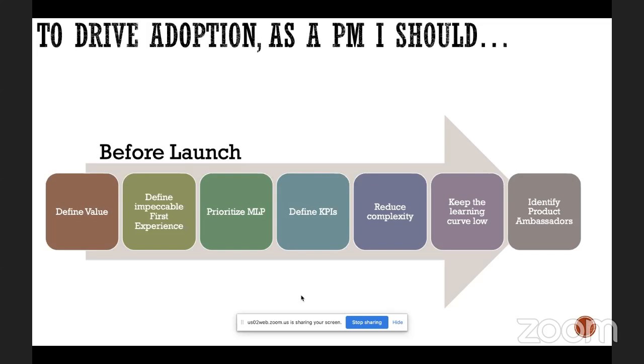Identify product ambassadors. This is something which has worked great for me as well. It may of course vary in the context of your own company and product, but having these people who can help you evangelize the product in smaller groups, bring you these